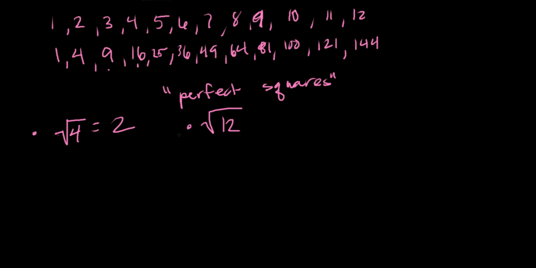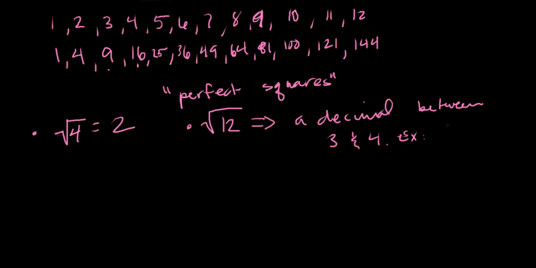Well, what's in between two whole numbers like that? Fractions or decimals. And so this answer is going to give you a decimal, and it's going to be a decimal between 3 and 4. So the answer is going to be something like 3